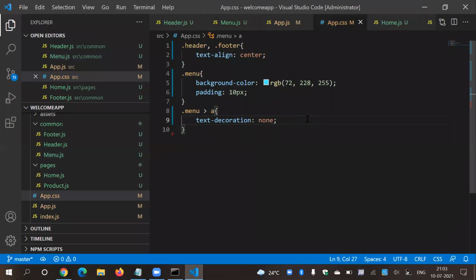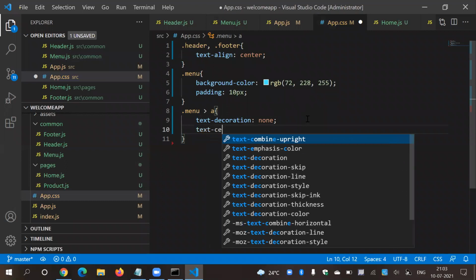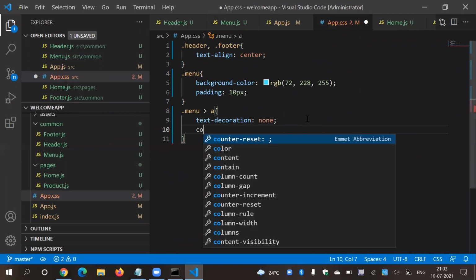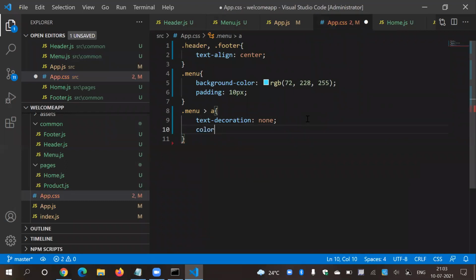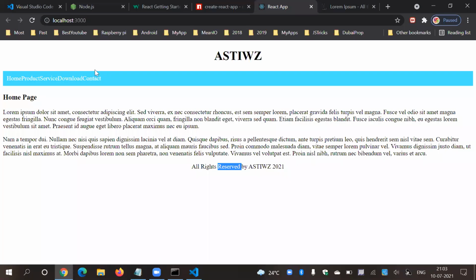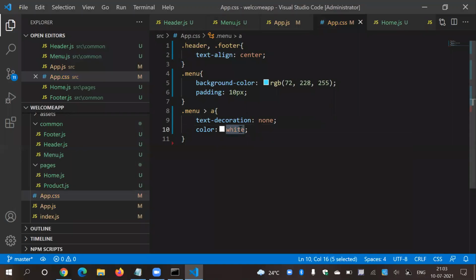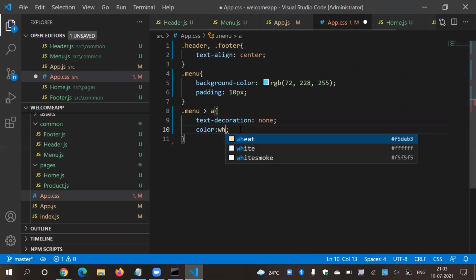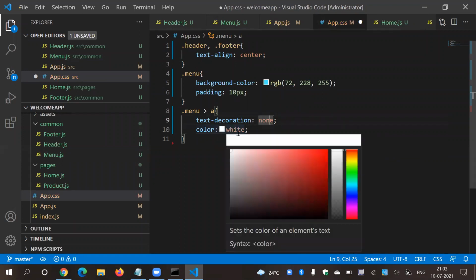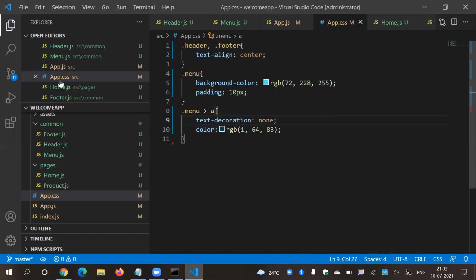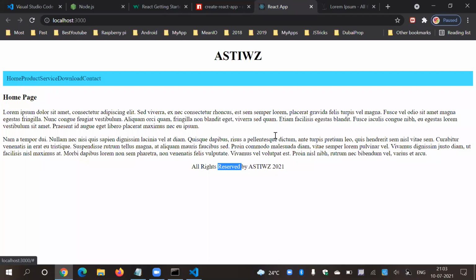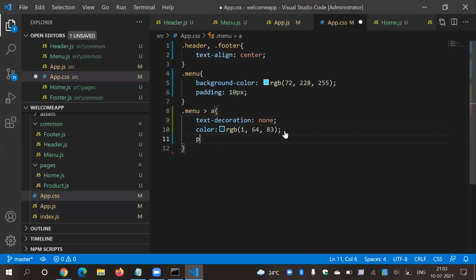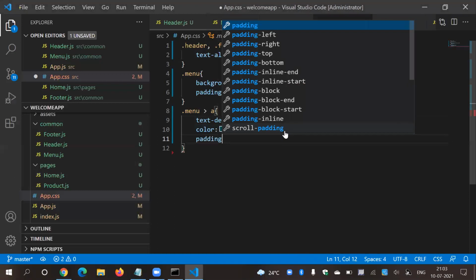Then text color must be white. I don't think it will look better, but let's say white, and use the same color over your mouse, make it darker. That's it. Awesome. Then let's say padding. Okay, before that, let's say border.